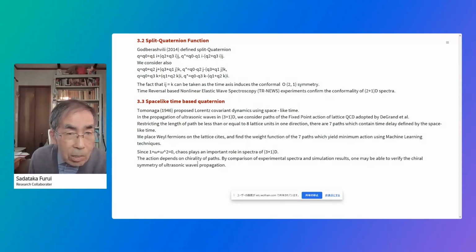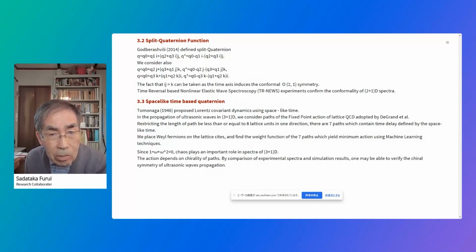And we consider also Q0 equals Q2j plus Q3 plus Q1j times k, and also Q0 plus Q3k plus this form. And the fact that ij equals k can be taken as that in 2 plus 1 dimensional case,